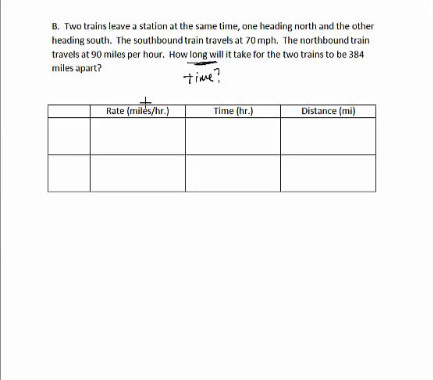Okay, our column headings are already labeled. We have a rate and a time for each train, and each train travels a different distance. So we'll say we have a north train to label our rows, and then we have a south train. Okay. And so they leave the same station. So if I use a star for our station,